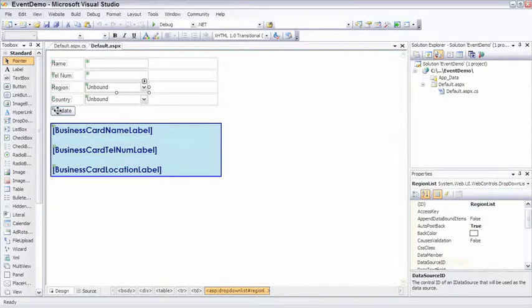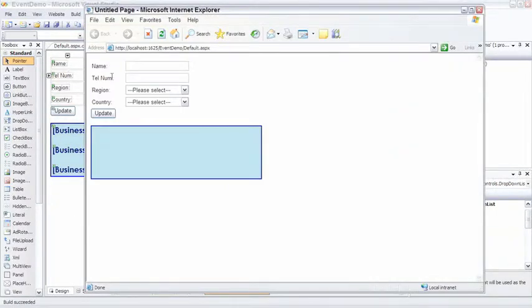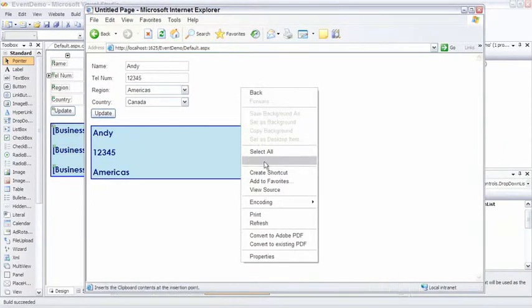If you're curious and you're wondering how this auto postback mechanism works, open up the web page again and click View Source and see what you find. You'll find it's quite interesting. I'll just do that here quickly. Just run the application, type in the name and the telephone number, 1, 2, 3, 4, 5, region, Americas, and country, Canada. And if I do a View Source,